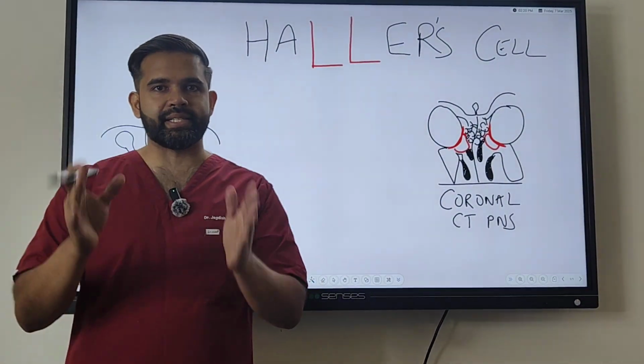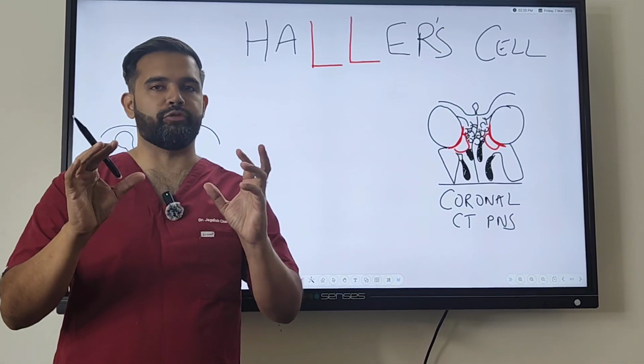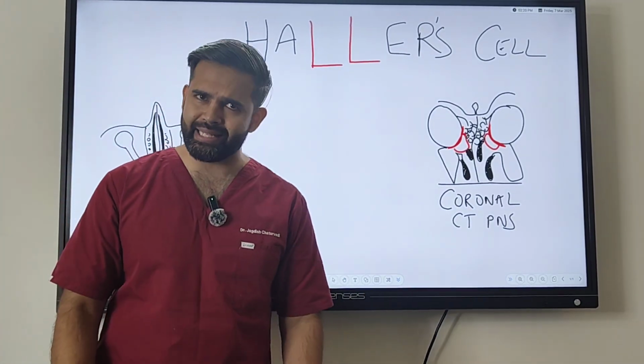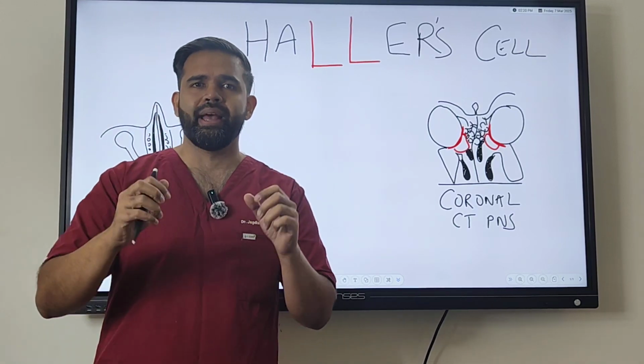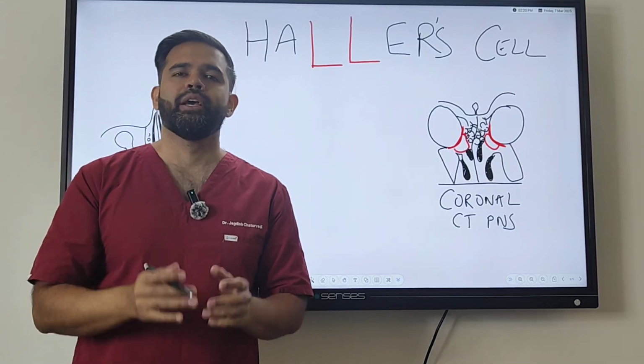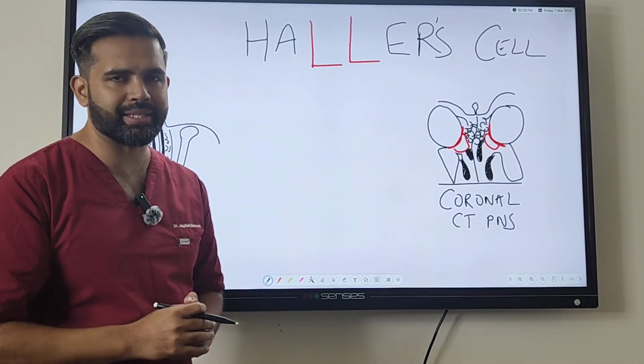So guys, Haller cell and Onodi cells में लोगों को confusion होता है, which is what? These are abnormal ethmoidal cells. These do not need to be there, and because nobody expects them, sometimes if you enter into these spaces, you can cause certain surgical complications. That's why they are important.